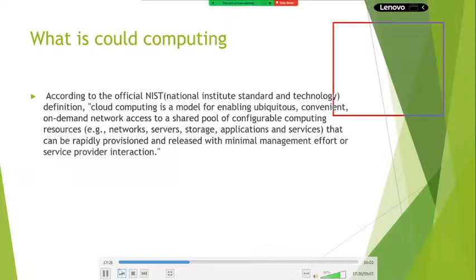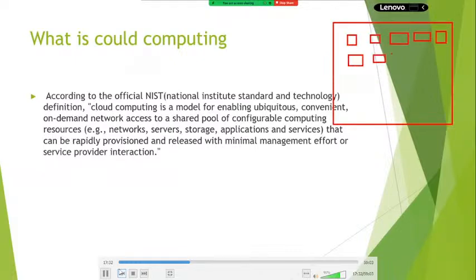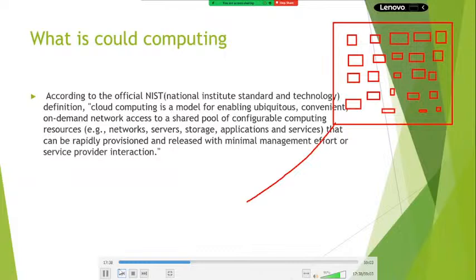Assume that in the cloud they have deployed all the services required for an enterprise environment. All the services are at a single place. As per your requirement, just access and consume them. That's it. Again, cloud is nothing but a collection of remote services accessed over the internet, which is called cloud computing.